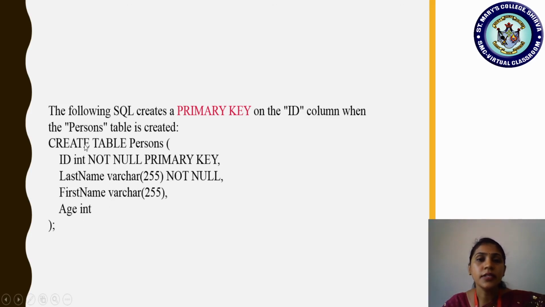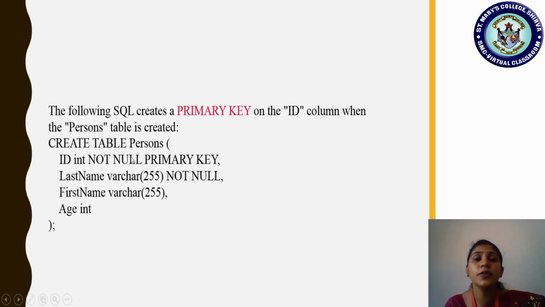So observe here, students. Create table is the syntax to create a new table. Create table Persons, open parenthesis. What is the table name? The first attribute here is ID, the person ID, and instead of number we are putting it as int. So ID int not null. See here, two constraints can be added. You can include not null as well as primary key, or simply primary key. Simply primary key is also proper.